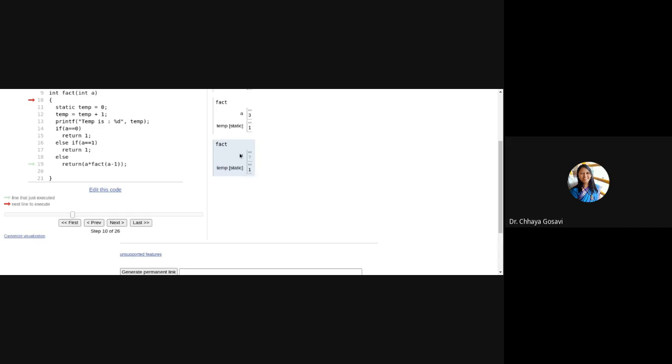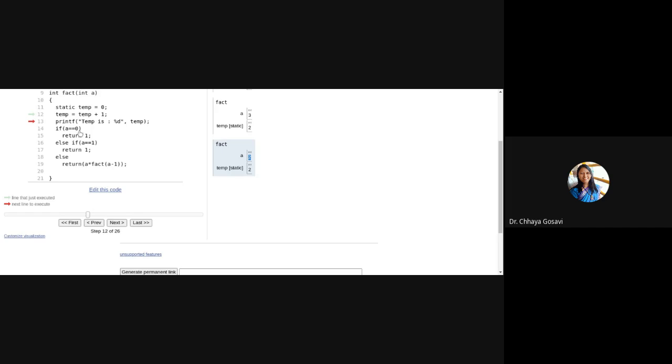And the value of a is 2, because we called this function with 3 minus 1. Now it is incrementing 1 plus 1, that is 2. It has not allocated temp equal to 0 again. Can you see this? Here also temp is 2, and here also temp is 2, but here the value of a is 3, and here the value of a is 2.